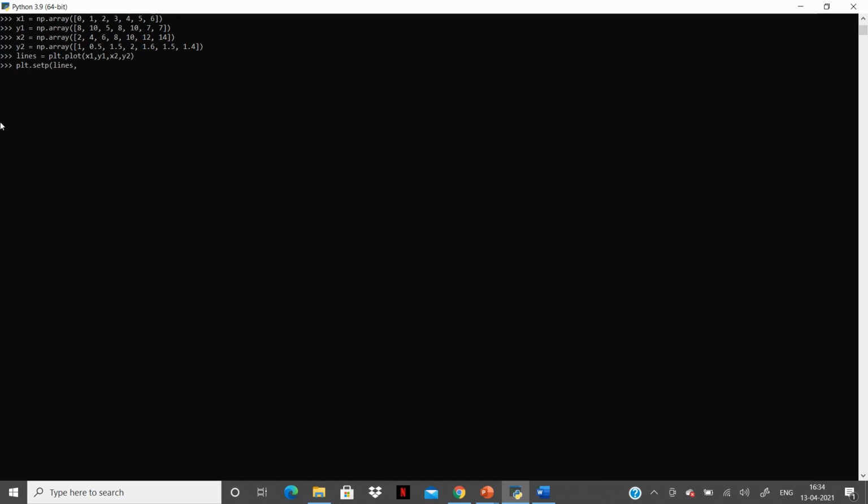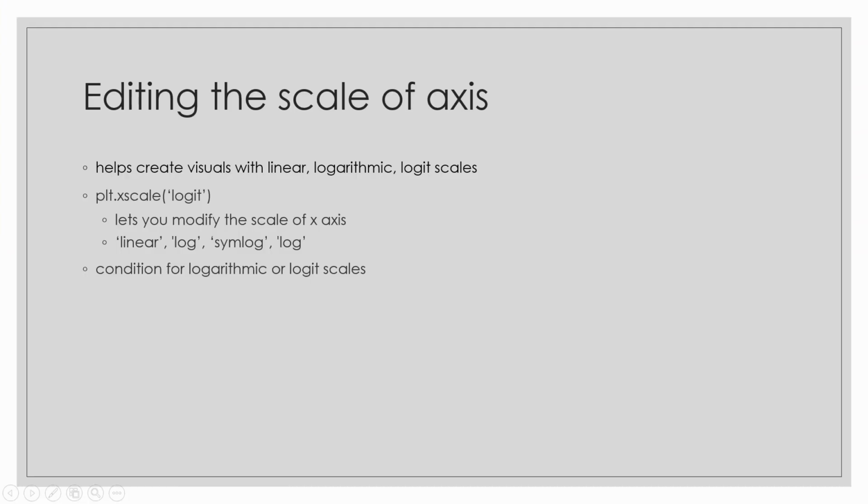The first argument here is the plot which we have created. This keyword is the color of the line which we are using in the plot. So this is the color blue. Now we'll give a width to the lines which we are using in the plot. Let's view the visualization.